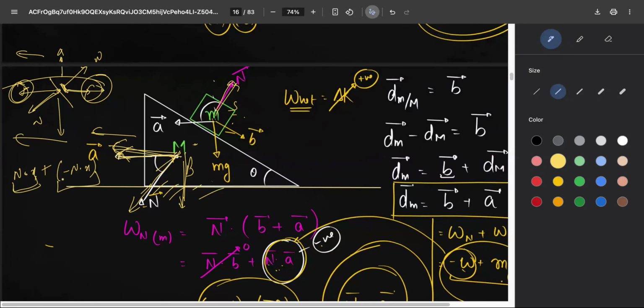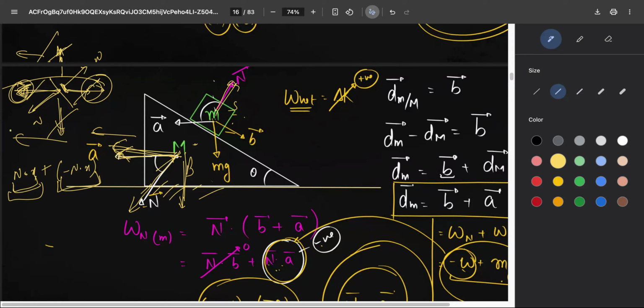So on the block, this is the negative part coming out, but the block is applying force on this bigger wedge, right? So it is moving in this direction. So by the block, the work done is coming out at this much. Clear? The up and down components don't have any consideration, even though at the end of the day they are making it zero. This work done is also making, at the end of the day, zero, but the answer is coming out because